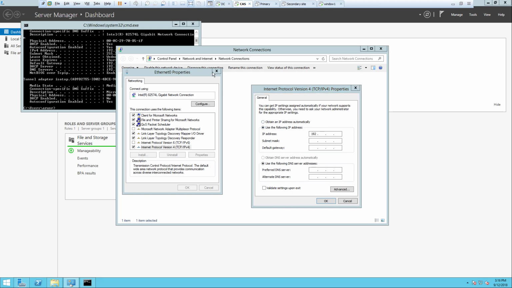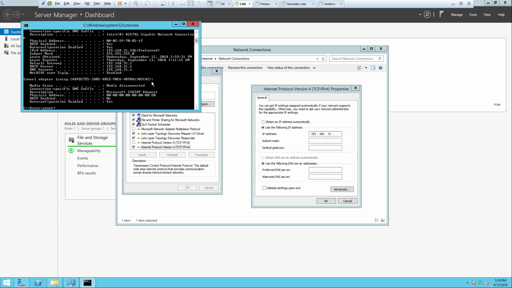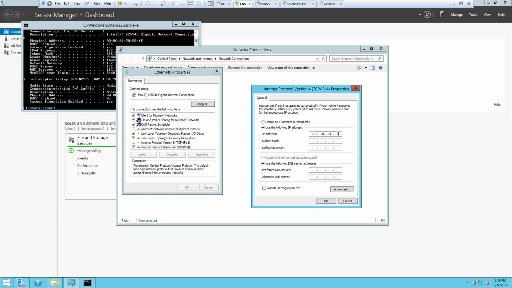That's why we are doing these network settings. The network should also ping with each other. 246, 168.31.1, and here on the DNS server we need to give the IP address of the domain controller, because when